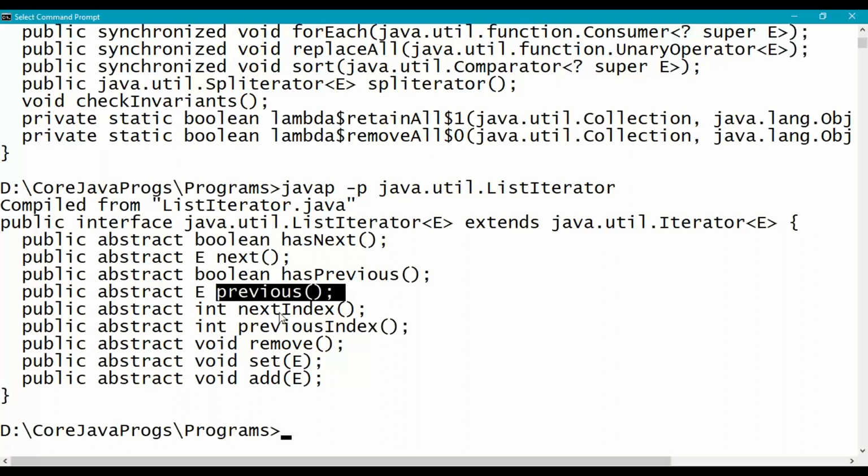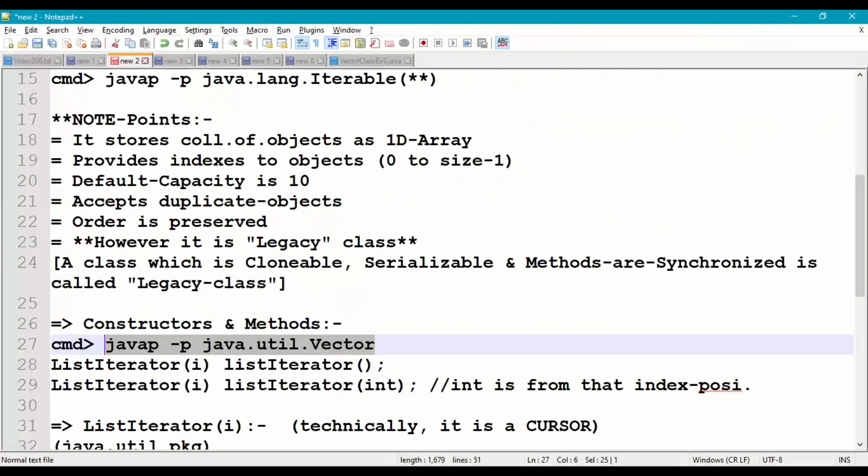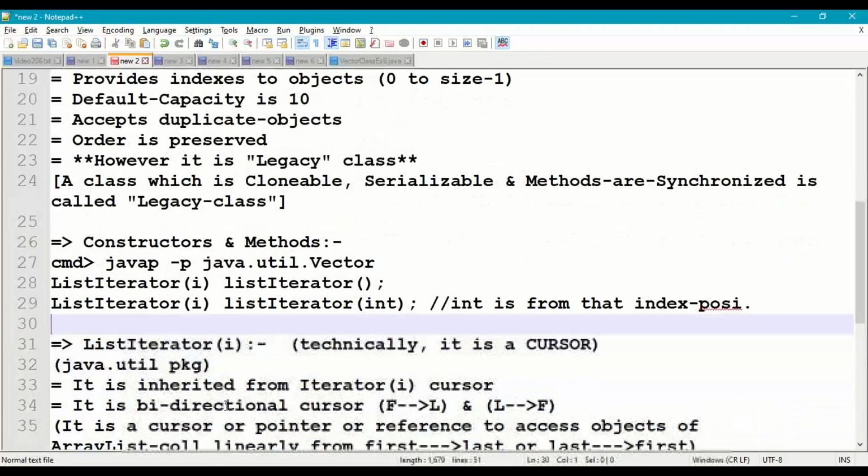Similarly, we can also get nextIndex, previousIndex when the cursor is pointing to a particular element in a vector collection. And then set, add. Set will replace the element where the cursor is pointing, and add will add the element to the next index. So this is the cursor. So listIterator is a cursor. So we are going to use these two methods from the